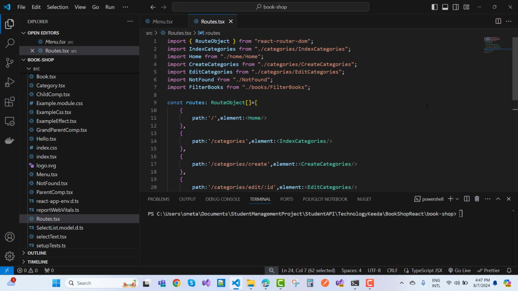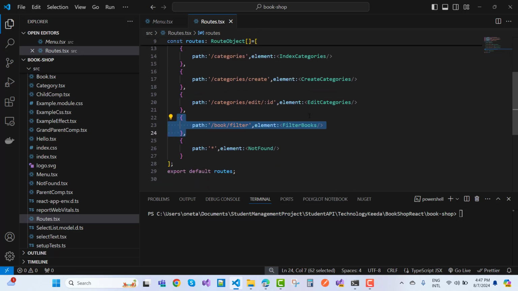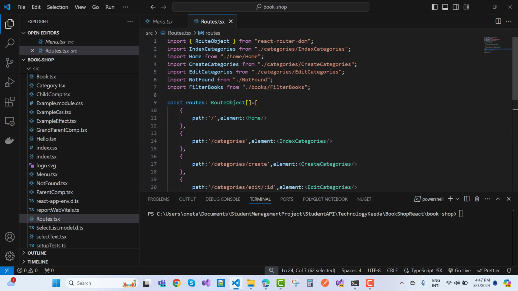So you can say that here we have a routes.tsx, and just create your routes. Okay, so export const routes, it's similar to Angular. So const routes colon, it's a RouteObject. RouteObject actually exists in React Router DOM. So const routes colon RouteObject is a type of array where you can